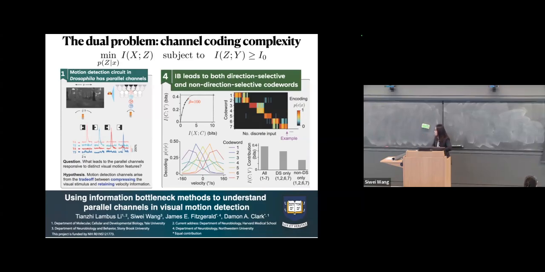This is the ongoing collaboration with all of your favorite, James Fitzgerald, from a couple of years ago. We are now saying we know the fly can do direction selectivity, so what's the simplest possible encoding channel? We turn the channel coding scenario around to have that capacity for direction selectivity. Here I'm showing you, turning the table around using a dual formal information bottleneck, we are able to predict how many direction selective cell types there are in the early fly visual system. And this is